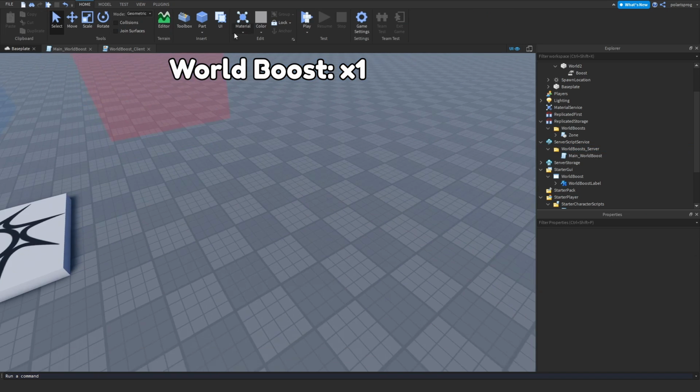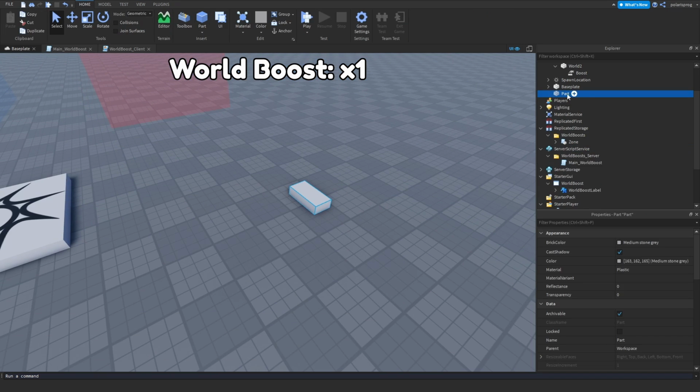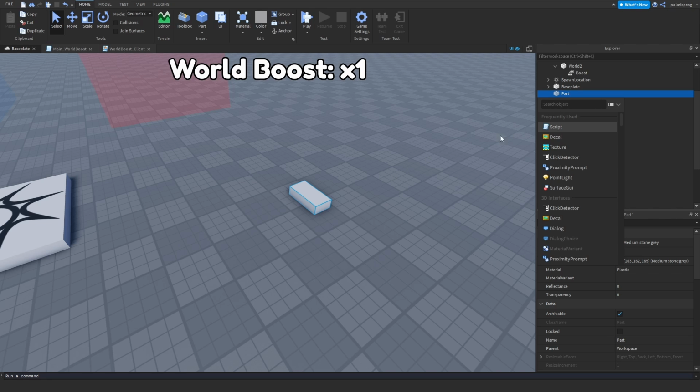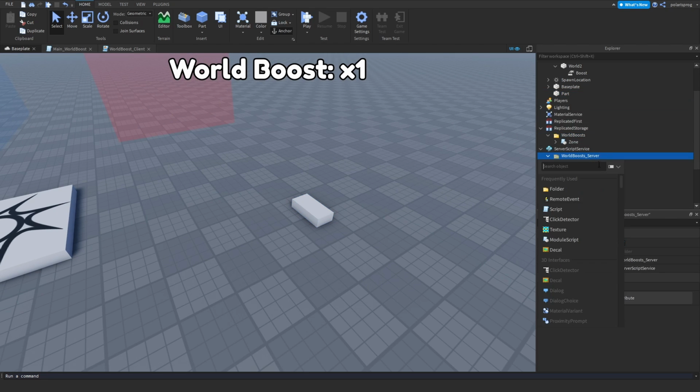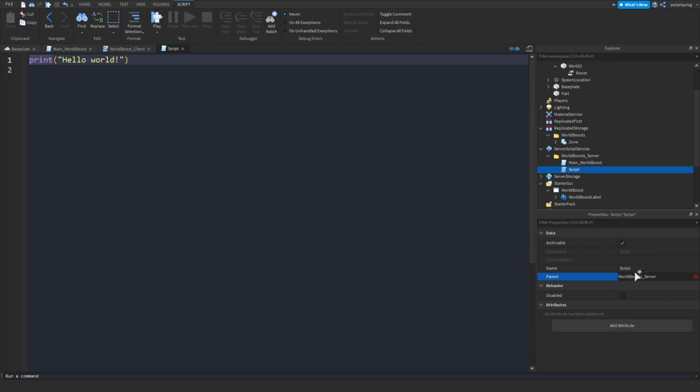So let's say I want to make this part so that whenever you click this part, you will get coins or something. So I'm just going to create a simple leader stat script. You don't have to follow this since your game will already have leader stats. I'm just going to do